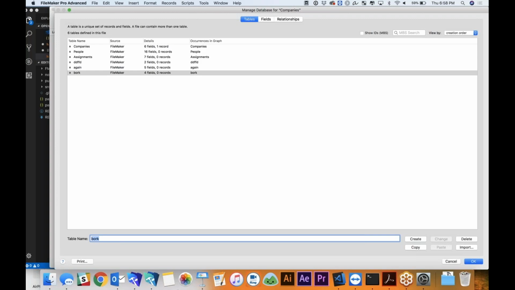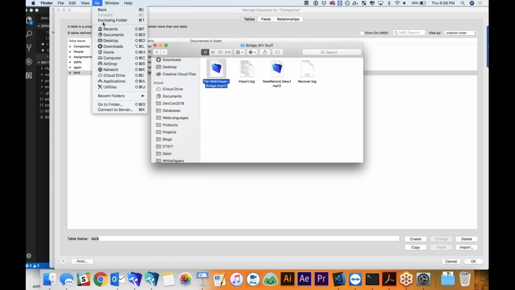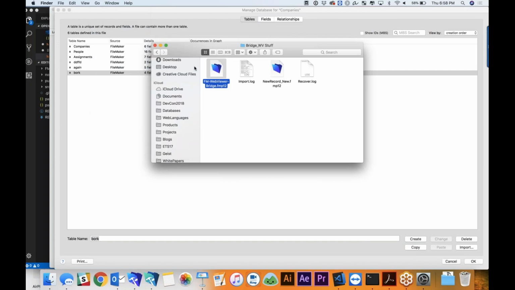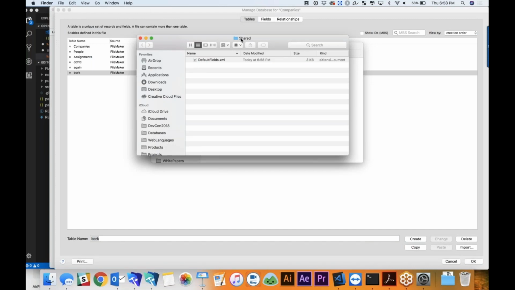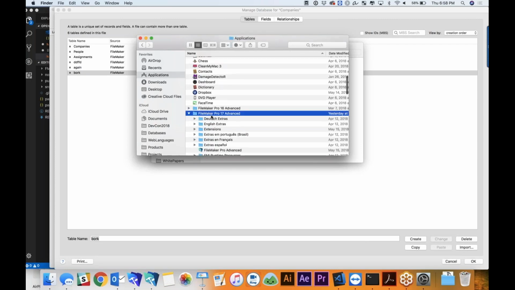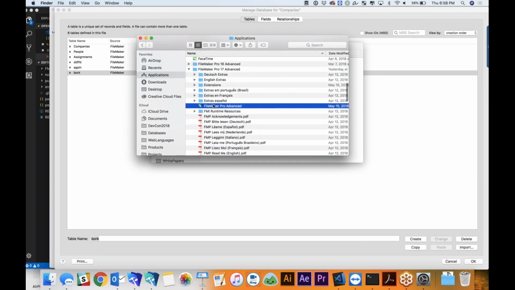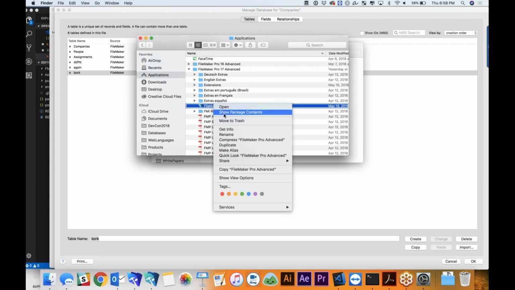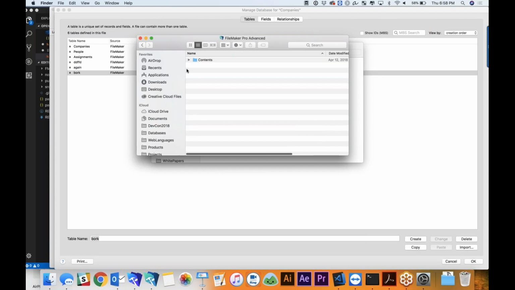Cool. Where was that file again? I'll show you where it's located, but you place it in the shared folder. Recent folders. It was Users, Shared, FileMaker Shared. That's the path. But it's actually found in the Applications folder in FileMaker 17, in FileMaker Pro Advanced, Show Package Contents,